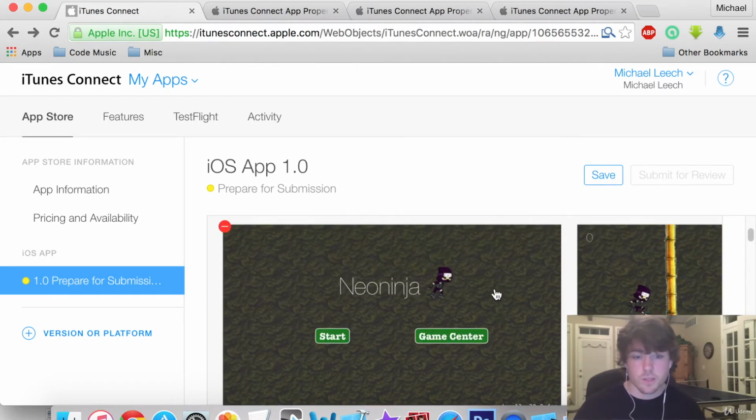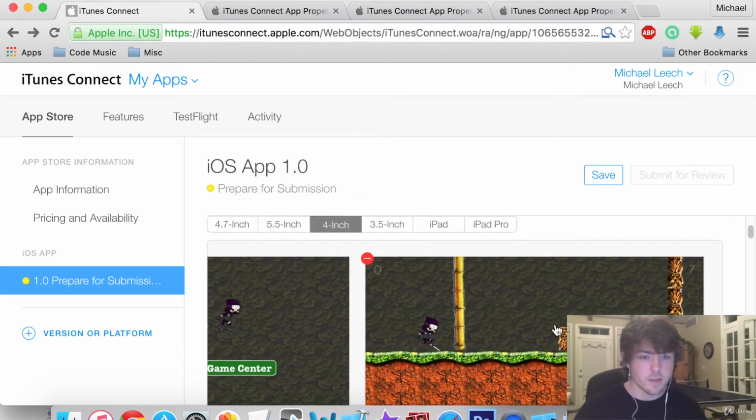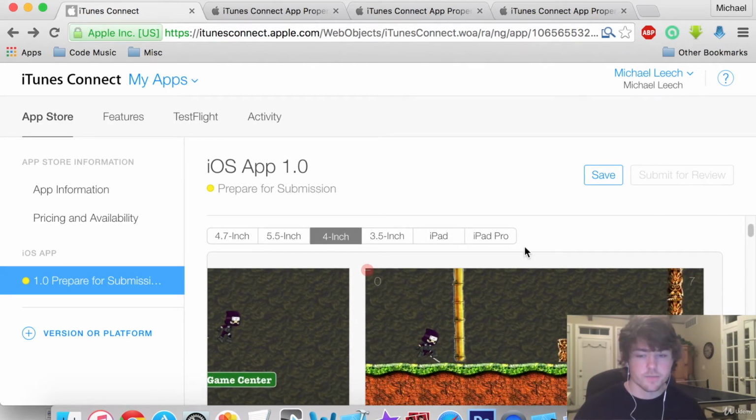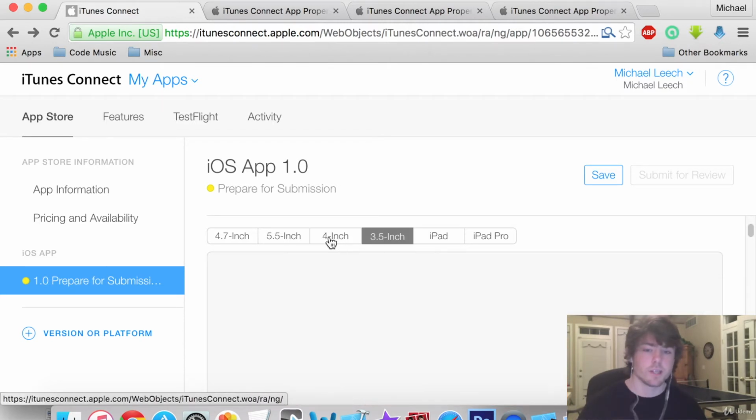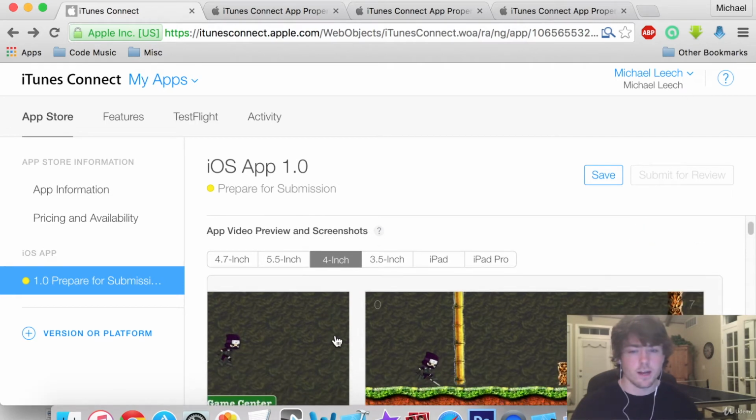So it looks like our screenshots are uploaded, and awesome, looks pretty good, pretty sweet action shot we got in there. If you were submitting an actual app to the App Store, you would want to submit screenshots for every single size, just so that the sizing is accurate on every single device when people are looking at your app in the App Store. I think for this, it's not necessarily necessary, but